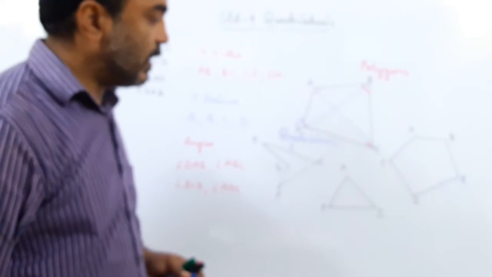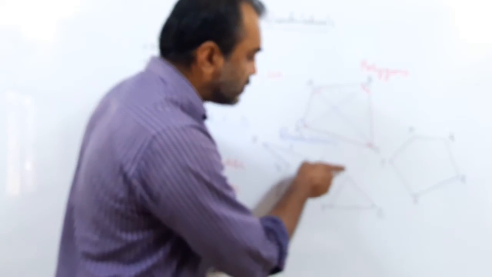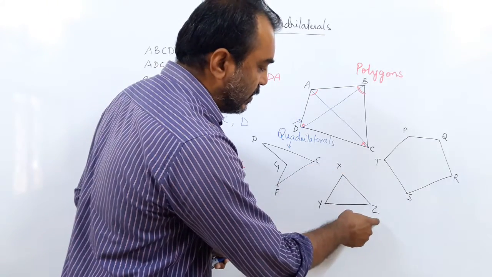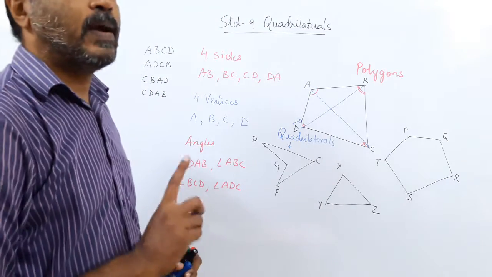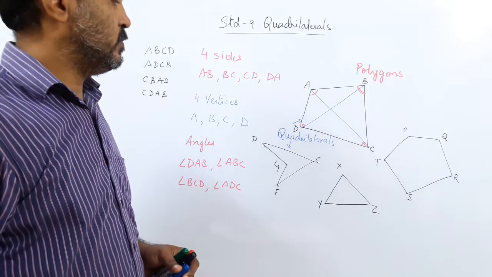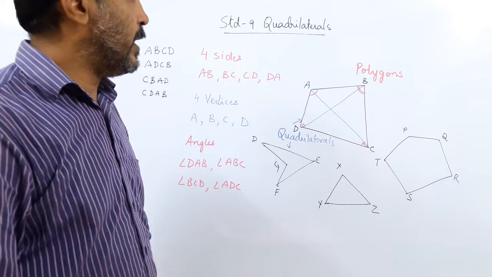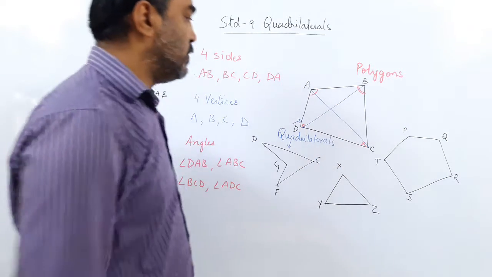Okay? Can I draw a diagonal in the triangle? Try to imagine. If I look at X, then Z is on one side, Y on the other, adjacent points. But a diagonal is not made by adjacent points. So in a triangle, there is no diagonal possible. So in a triangle, there is no diagonal. In a quadrilateral, there are two diagonals possible.